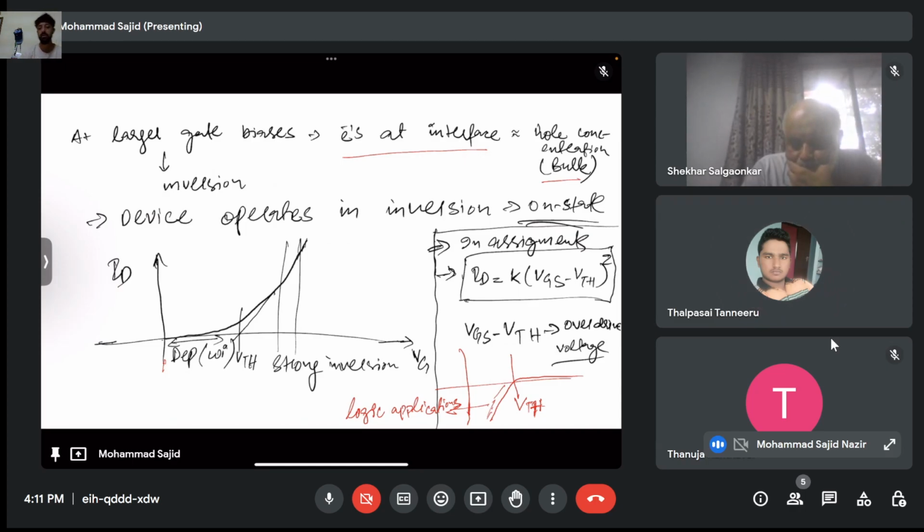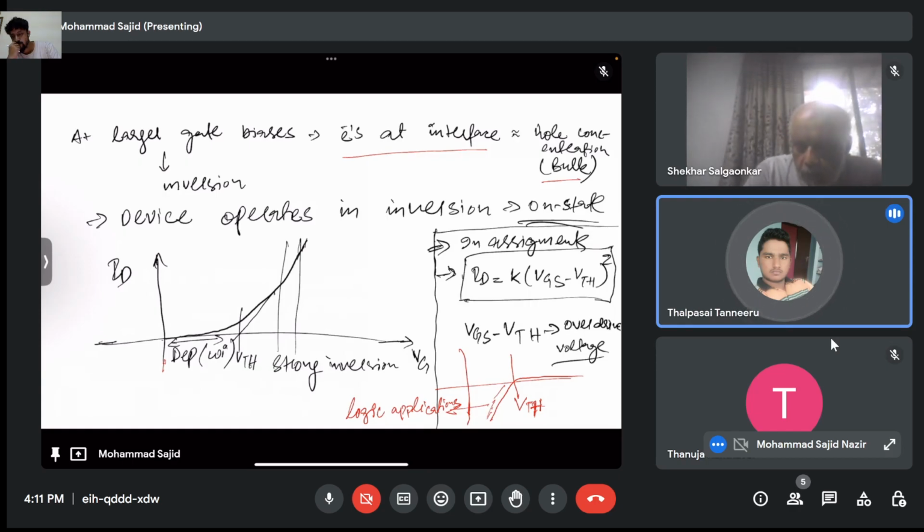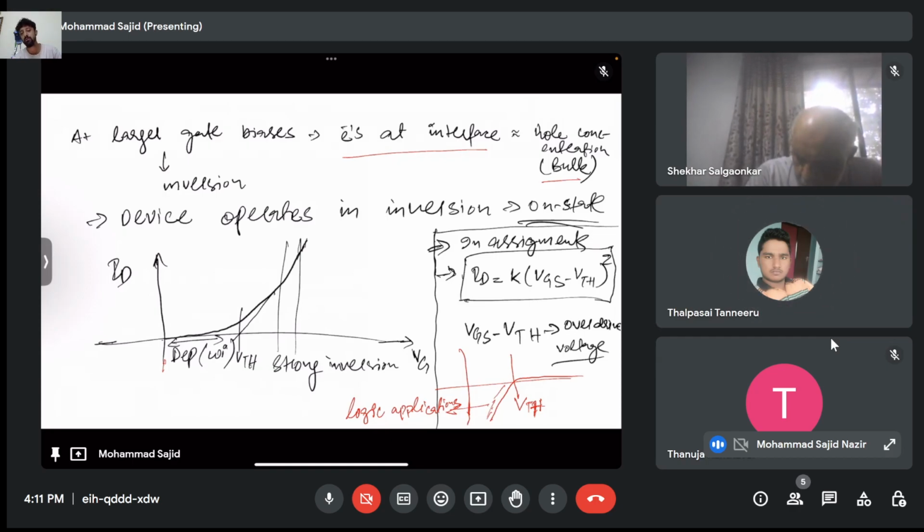You want to operate your device in the subthreshold region. What I answered, sir, is that we cannot operate it. If you operate below the threshold voltage, the MOSFET won't turn on. If you are designing an amplifier, then you should have your device in saturation. In fact, if you keep your device near threshold, you will have a very large amount of nonlinear effects, and due to those nonlinear effects you will have very little gain. So what is the aim of your amplifier?